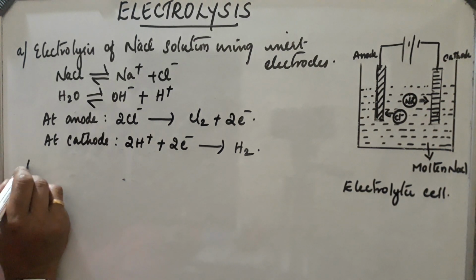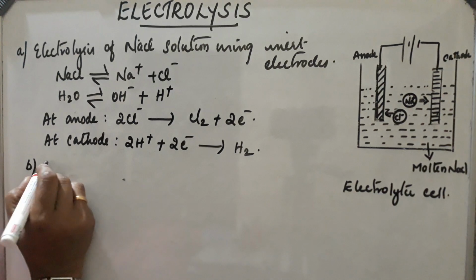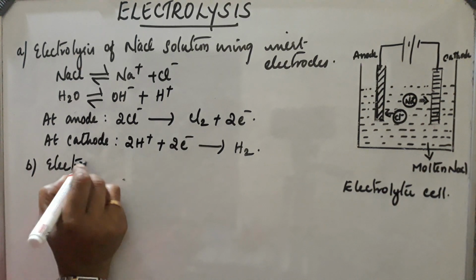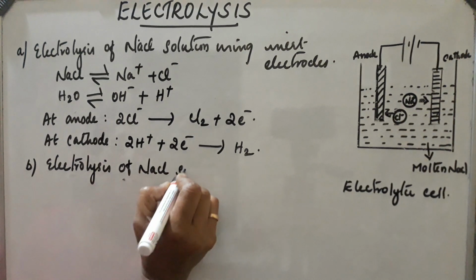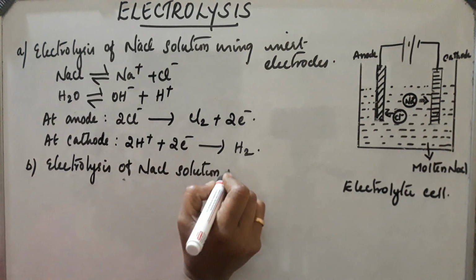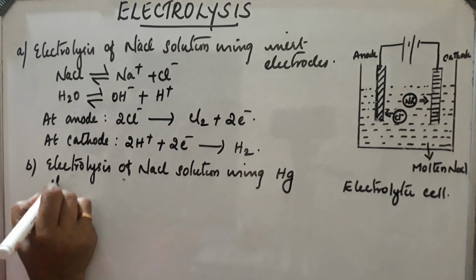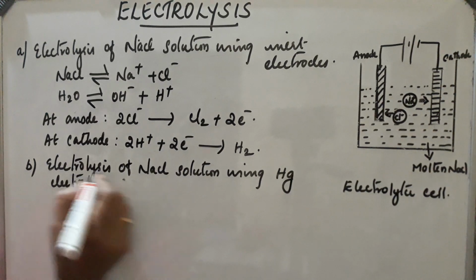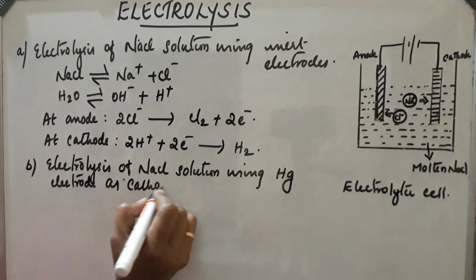Now the second type, electrolysis of NaCl solution. The solution is NaCl, but the electrodes used are mercury as cathode and graphite rod as anode. Electrolysis of NaCl solution using mercury electrode as cathode and graphite rod